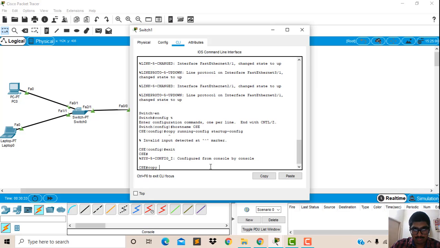Here copy, running config to startup config.